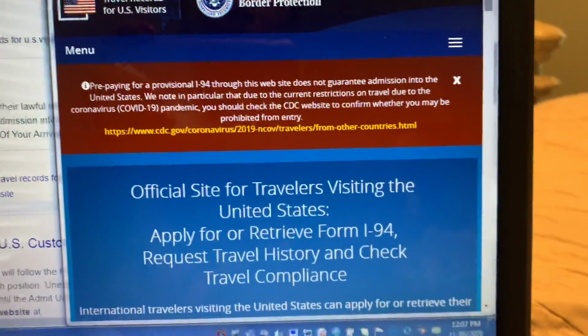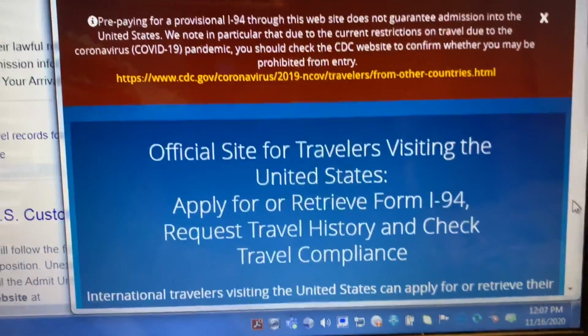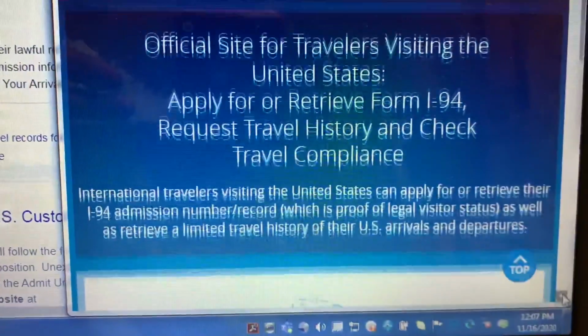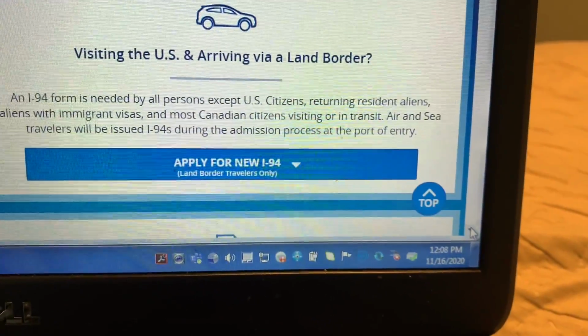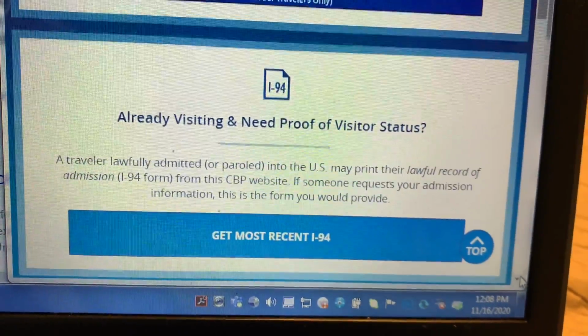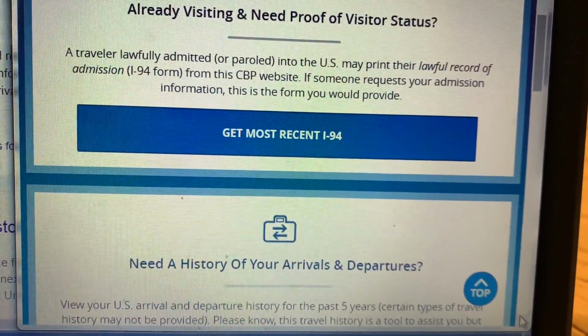So this is it, the I-94 website, travel records for US visitors. You have to scroll down. You can apply for a new I-94 if you need it, but this is for getting your most recent I-94.